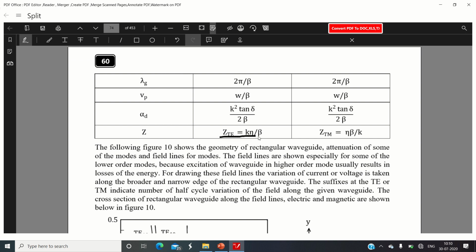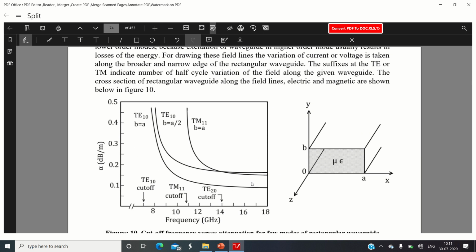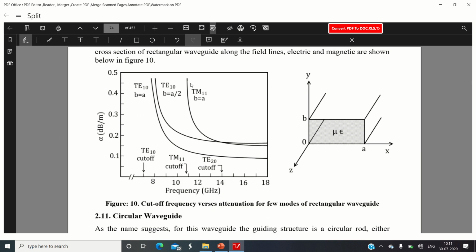In the case of a TE mode, it is the product of real wave number multiplied by eta divided by b. And in the case of TM mode, it is eta multiplied by b divided by k. And here in this particular diagram, some of the cutoff frequency versus attenuation for the few modes of the rectangular waveguides are shown. Now here, if you recall, the TE10 mode in the initial,